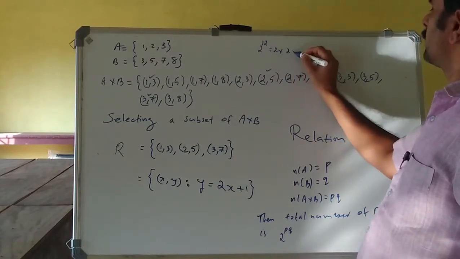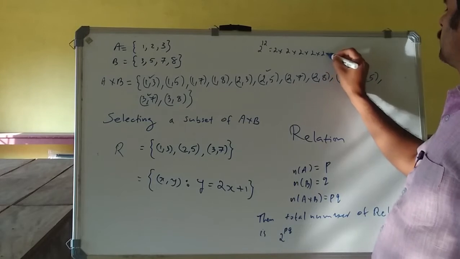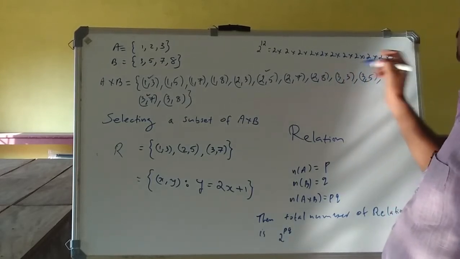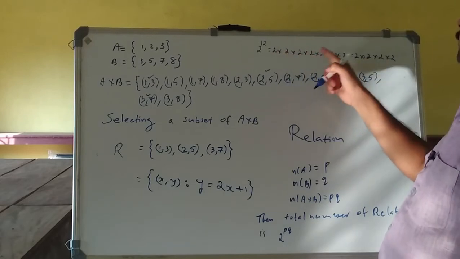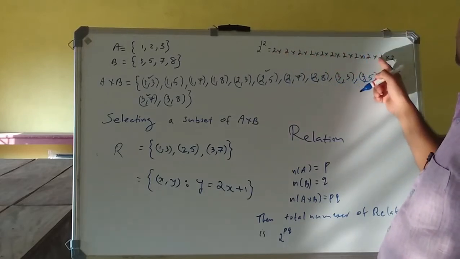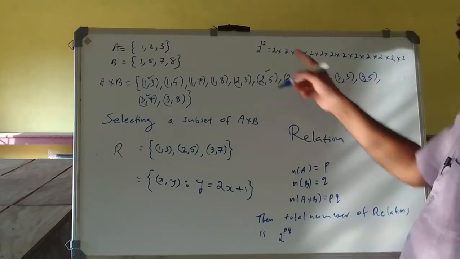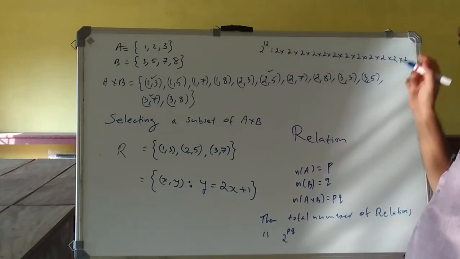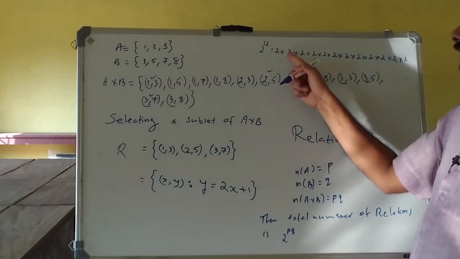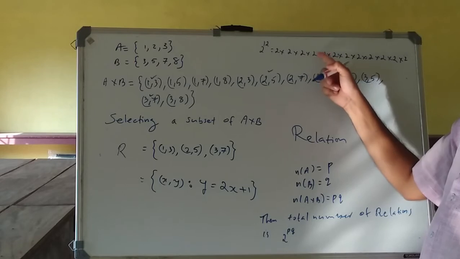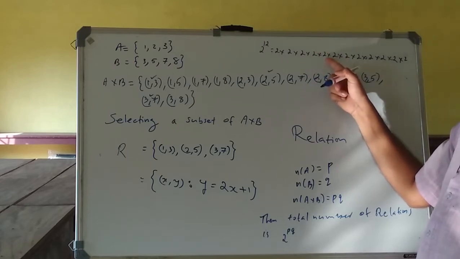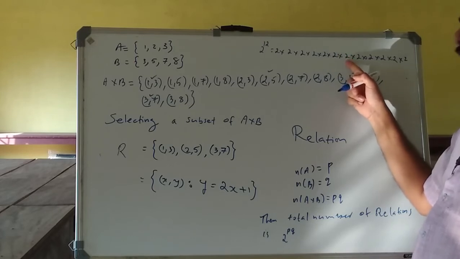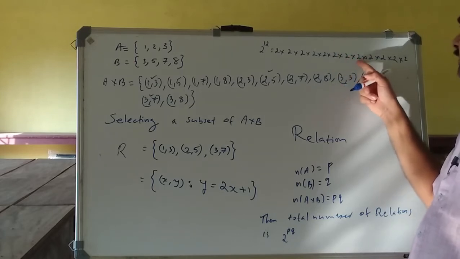2 into 2 into 2 into 2 into 2 into 2 into 2 into 2 into 2 into 2 into 2. How many times? 1, 2, 3, 4, 5, 6, 7, 8, 9, 10, 11, 12. 2 raised to 12 means multiply 2, 12 times. 2 into 2, 4, into 2, 8, into 2, 16, into 2, 32, into 2, 64, into 2, 128, into 2, 256, into 2,